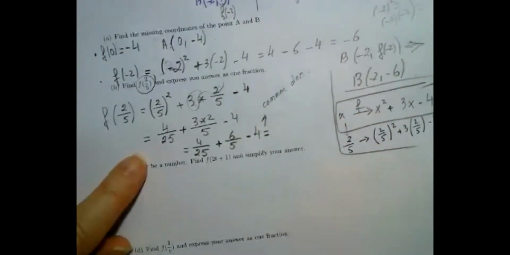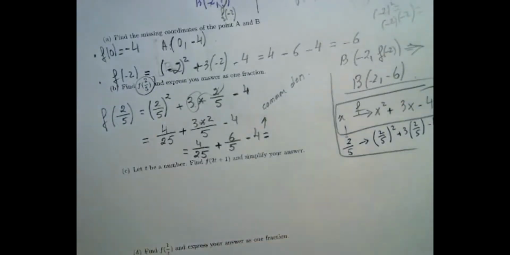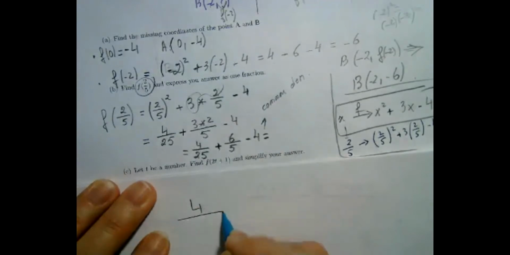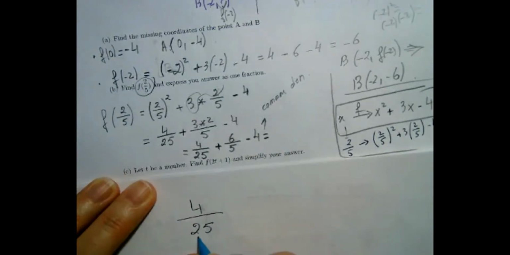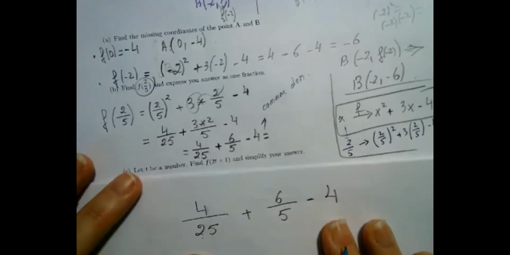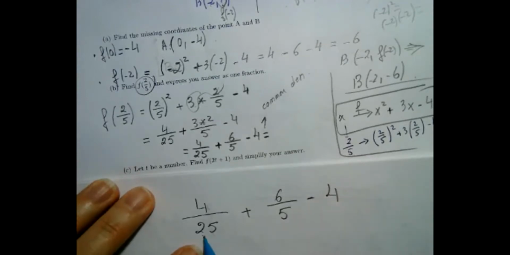Look at it carefully. What do I have? Would it be 25 then? Right. Why? Because that's 25 here, and that's 6 over 5 minus 4. The common denominator should be a multiple of all of them. If you tell me 5, 5 is not a multiple of 25. Okay, so the common denominator